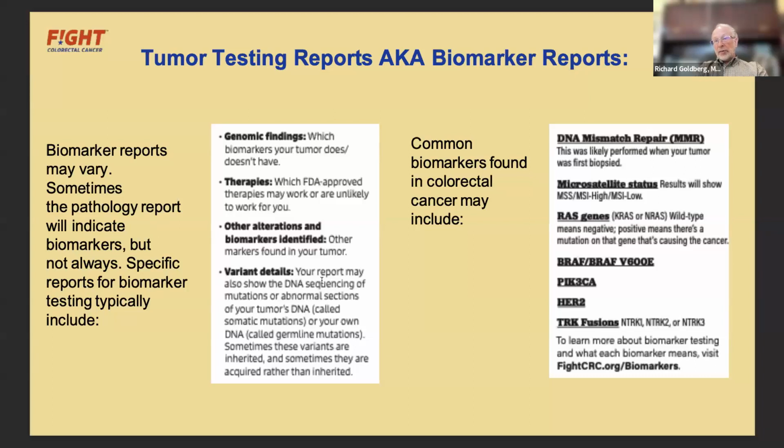Now, RAS gene abnormalities are not known to be inherited, so these occur, they're acquired as a tumor grows and divides. And I would say that the other genes that are marked here are similar, but I'm not going to go into them in detail. But you can see that there are multiple different drugs. Now, one of the interesting things about this is that many different tumors will have either the same tumor suppressor gene that's been inactivated or tumor promoter gene that's been activated.